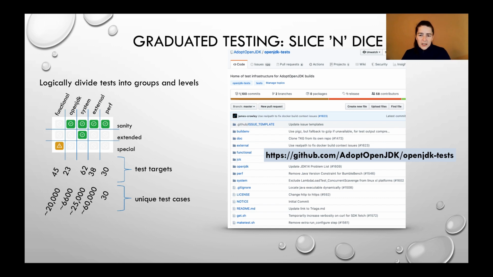And then finally the special level, which typically either takes a long time to run or requires special configuration or hardware to run on. But this allows us to break things out into different levels and run certain types of tests more often, run some tests less often, but still give us fairly good coverage.